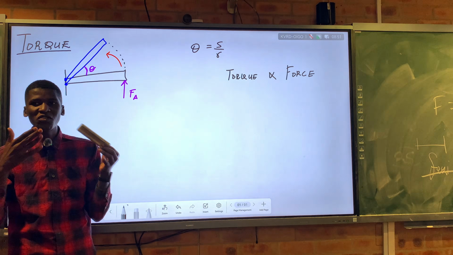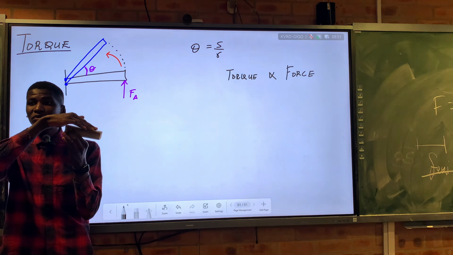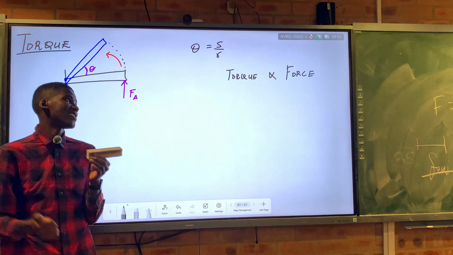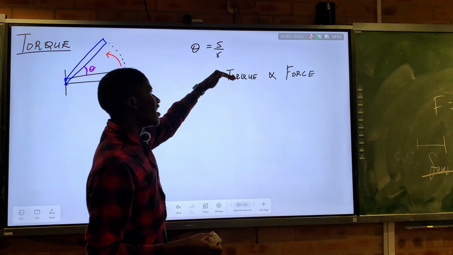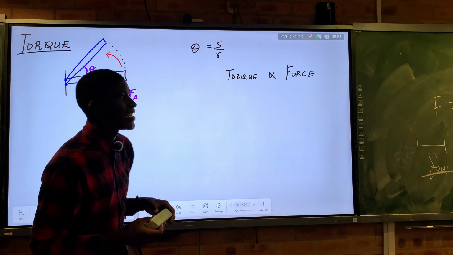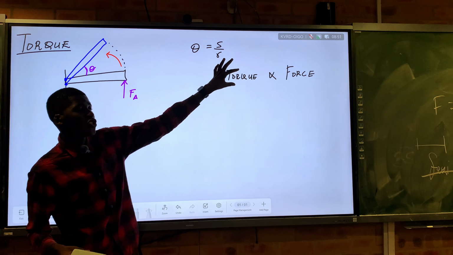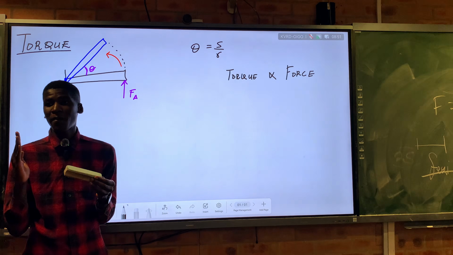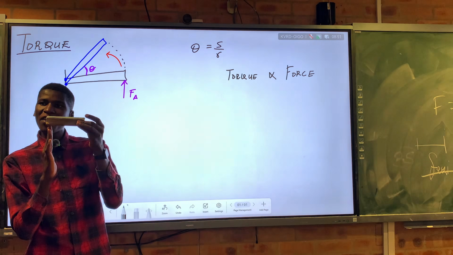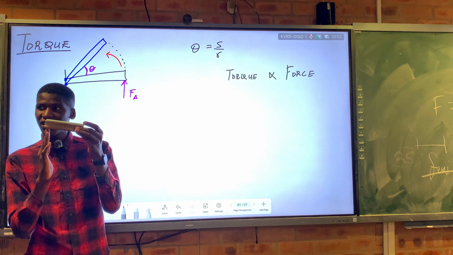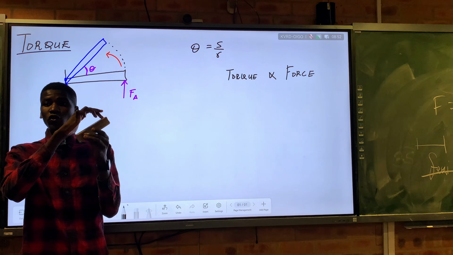Kind of get the sense. But if I apply a bigger force, what will happen? It will rotate too much. So torque and force are related, but the actual thing that causes the torque to be there is the force that you are applying. So the force you apply is causing a torque on the object, causing the object to do what? To rotate.